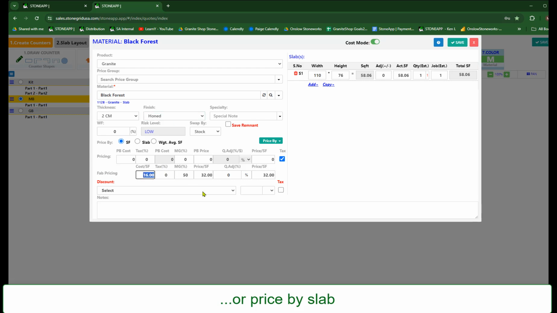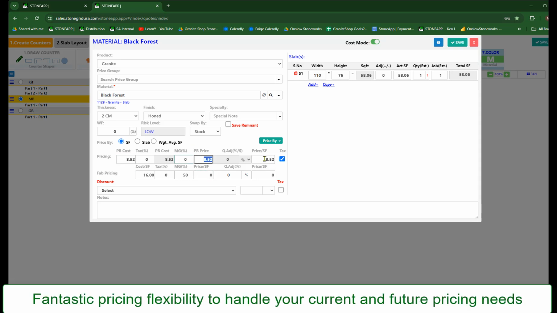You can already have a defined cost, margin, and price on your fabrication as well. Or you could even make your fabrication price 0 and bake everything into your margin here. And let's say you're going to charge $45 per square foot. So there's a variety of ways to price, and Stoneapp can handle just about any way fabricators choose to price